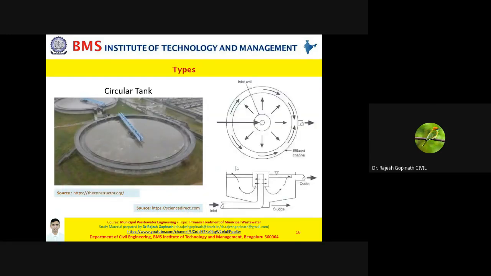Now, let's look at the first one. Basically, your circular sedimentation tanks are actually vertical flow type sedimentation tanks. Here what happens is, the wastewater enters from the bottom, rises up and then falls down. So there is a radial flow which takes place. And when this takes place, all the settleable solids fall down and are collected by a mechanical scraper. So this is not a horizontal flow type. This is a continuous vertical flow type.